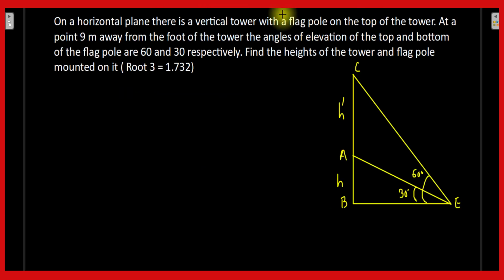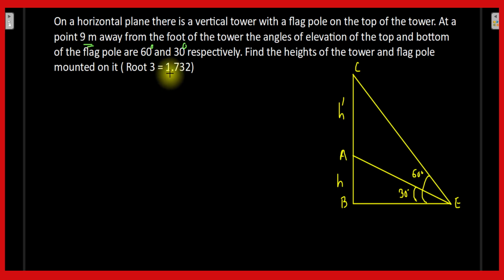Now friends, the next question is on the screen. On a horizontal plane, there is a vertical tower with a flagpole on the top of the tower. At a point 9 meter away from the foot of the tower, the angles of elevation of the top and bottom of the flagpole are 60 degrees and 30 degrees respectively. Find the heights of the tower and the flagpole mounted on it. Root 3 is equal to